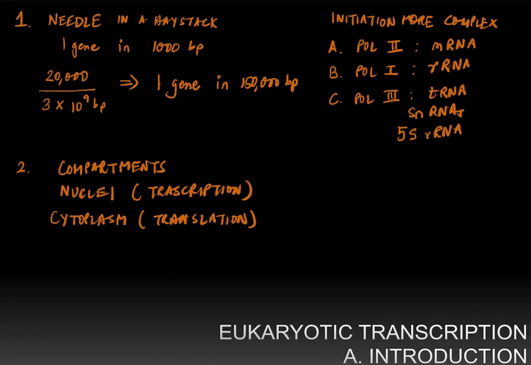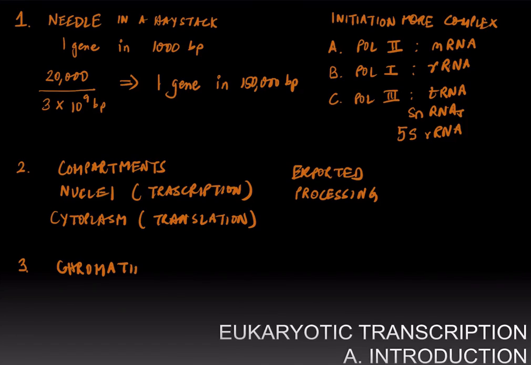And that means transcripts need to be exported, and that necessitates processing of the transcripts that you have to do in eukaryotic transcription, but you didn't have to do in prokaryotic transcription. And the third major difference between eukaryotic and prokaryotic transcription is that in eukaryotic transcription you have to